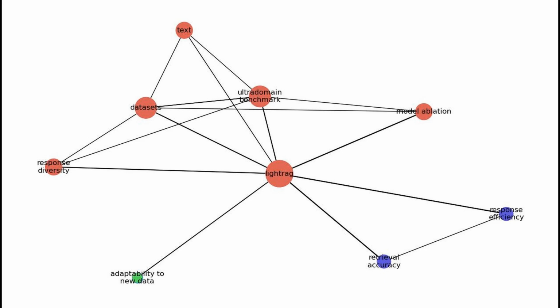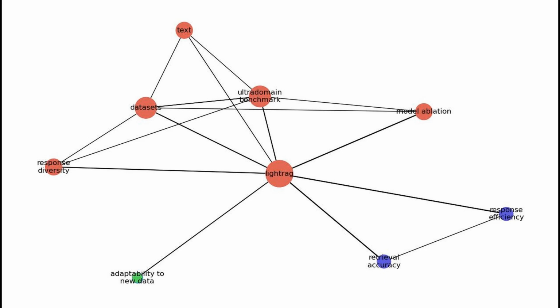2. Response efficiency. This measured how quickly LightRAG could provide answers after receiving a query. The integration of graph structures and the dual-level retrieval system contributed to faster response times compared to existing systems. 3. Diversity. This metric evaluated the variety of responses generated by LightRAG. It was found that LightRAG demonstrated a notable advantage in response diversity, particularly in larger datasets, such as the legal dataset. This implies that LightRAG could produce a wider range of relevant answers, which is especially valuable in scenarios requiring